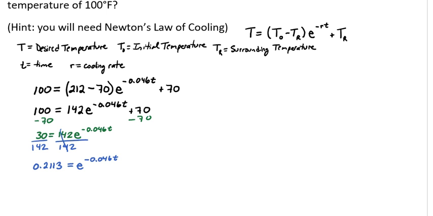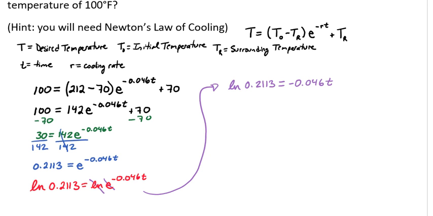So we're trying to isolate that e so that we can solve for the t. So that's going to give us 0.2113 equals e raised to the negative 0.046t. So to get the t out of our exponent, we're going to need to write this in logarithmic form, because that's the inverse of an exponential form. So the base of e as a logarithm is our natural log. So if we take the natural log of both sides, that gives us the natural log of 0.2113 equals the natural log of e raised to the negative 0.046t. And that allows our natural log and our e to cancel out,